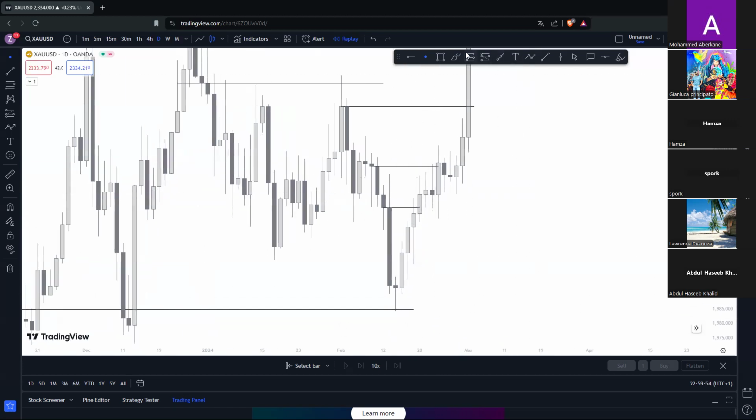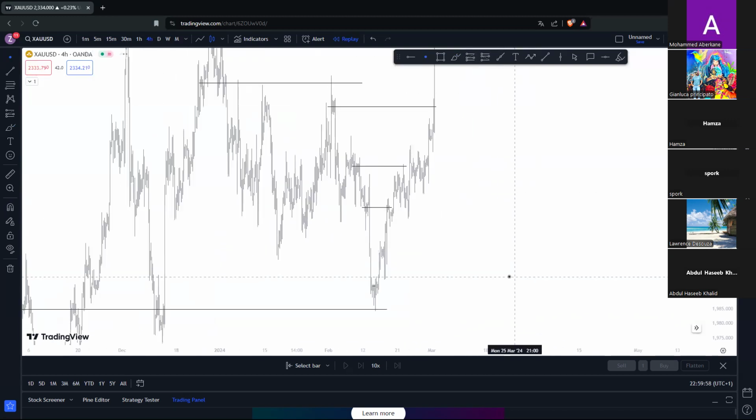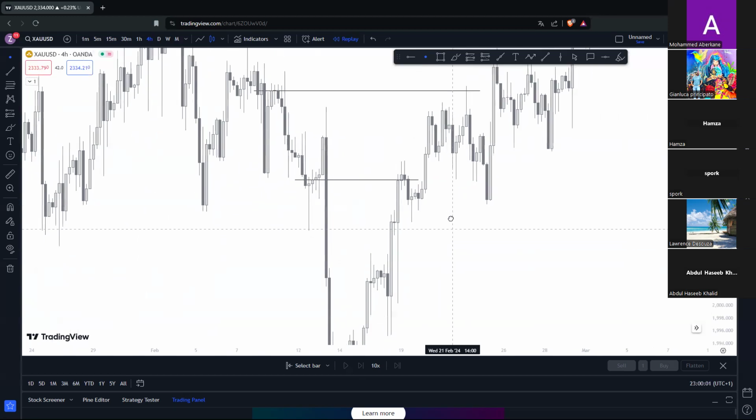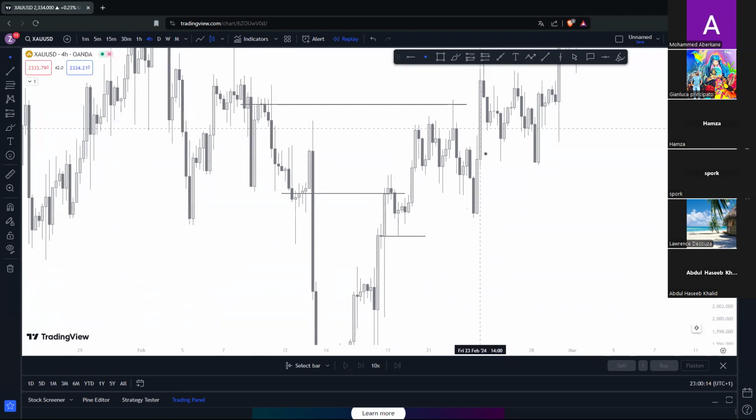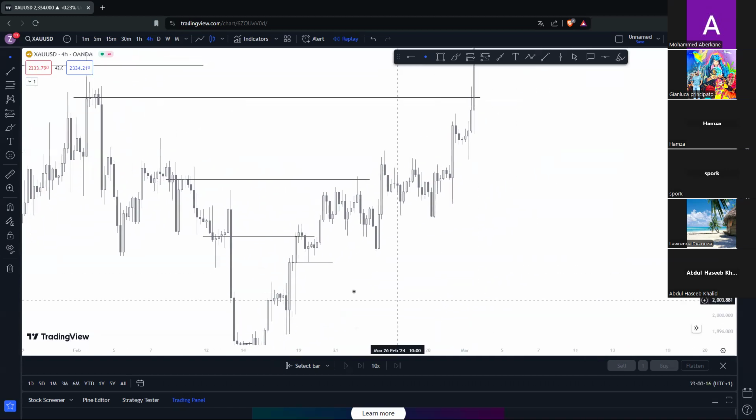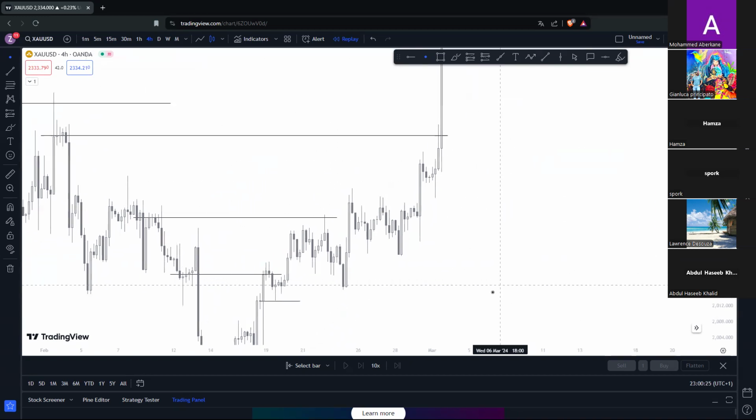Now, as you can see, our first target actually had a rejection. So when you go to the H4, right here, as you can see, price did not give us a bearish breakout. The bearish breakout right here, it actually nearly rejected it. So that means that price actually wants to keep going higher. So by that, price did not give us a breakout in the first day of the rejection and the second day, and price just kept going higher.